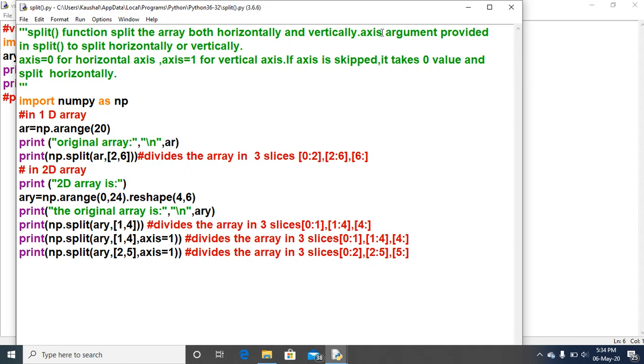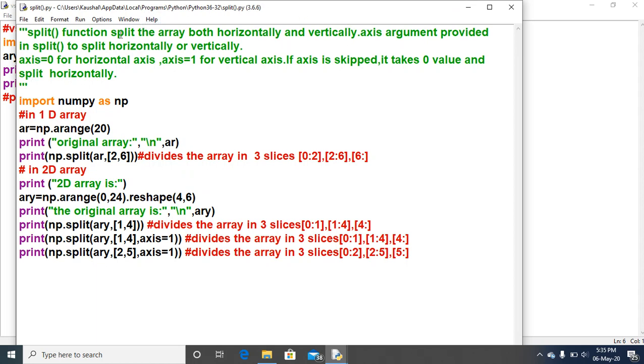You have not used this argument in the hsplit and vsplit functions, but when we use the split function, we will be using the axis argument to identify whether we want to split the array vertically or horizontally. So in the coming lines it will be clear to you.